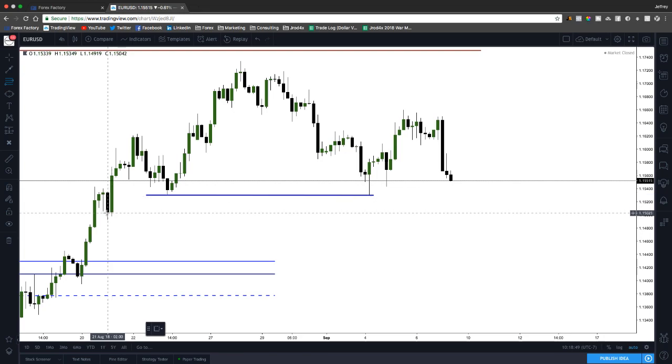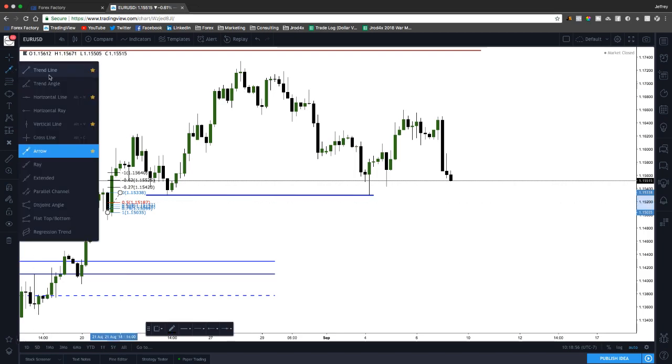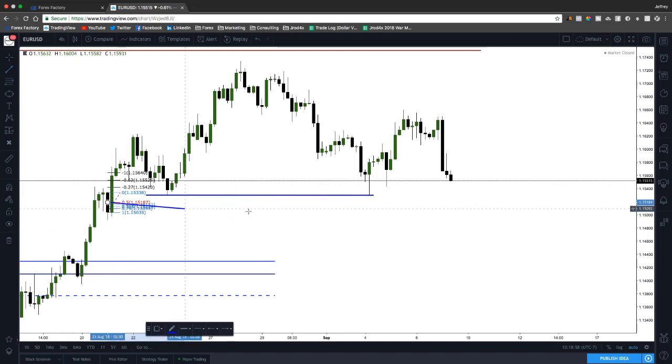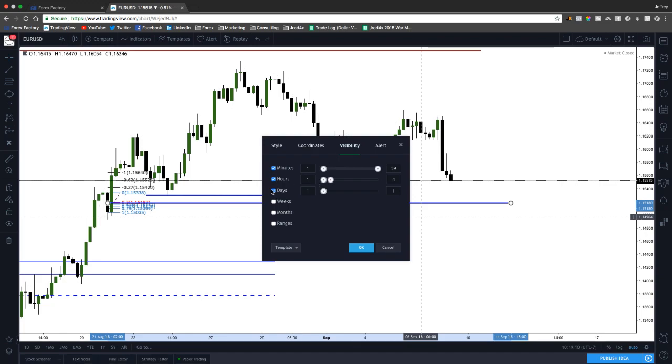I'll actually mark the 50% out real quick, which comes in at 1518. So we'll take our trend line, draw it across, change it to 1518, and I'm going to turn on my visibility for, so whenever you guys see me do this, I'm just adjusting it so it'll only show on the charts from 4 hours down to 1 hour and 1 hour down to minutes,